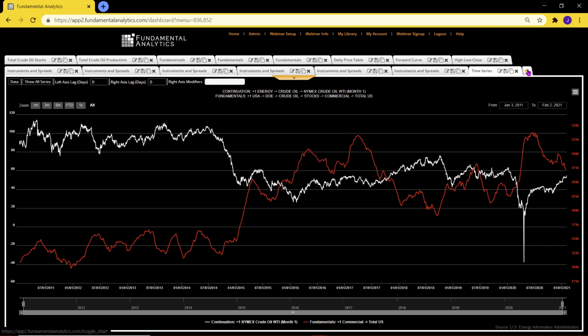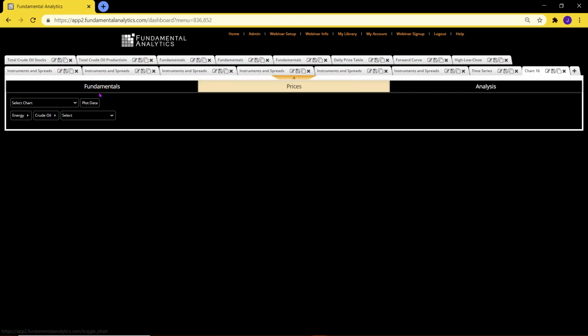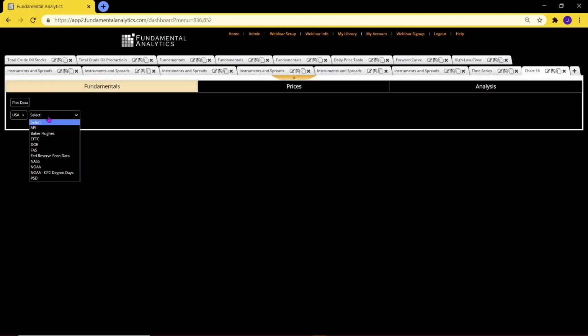Also, let me go back to fundamentals. I had mentioned before that we have data on rig counts through Baker Hughes. We have data on the CFTC. I should also point out that we are now a source for API data from the American Petroleum Institute, where our system acts as a front end to visualize the data that they support. That's a separate subscription for the API through us, but we do have all that data, which can be compared to and complements the Department of Energy data.